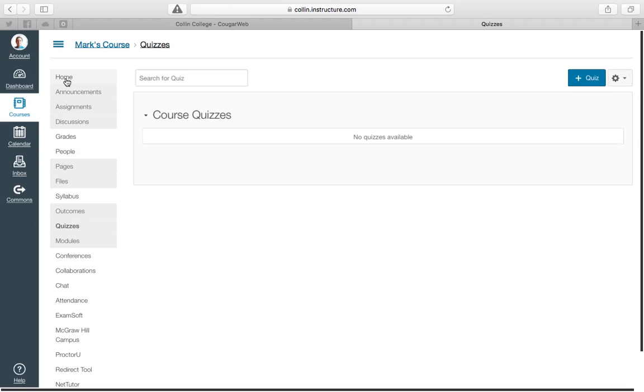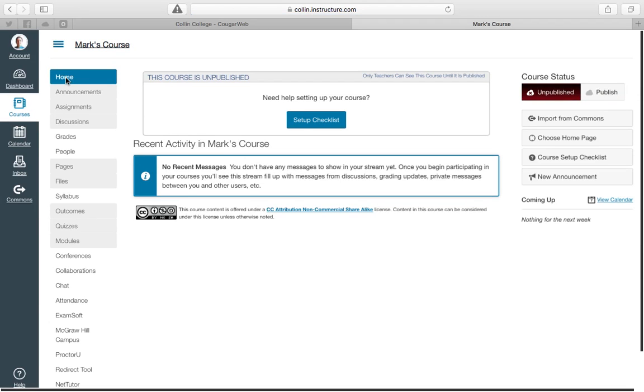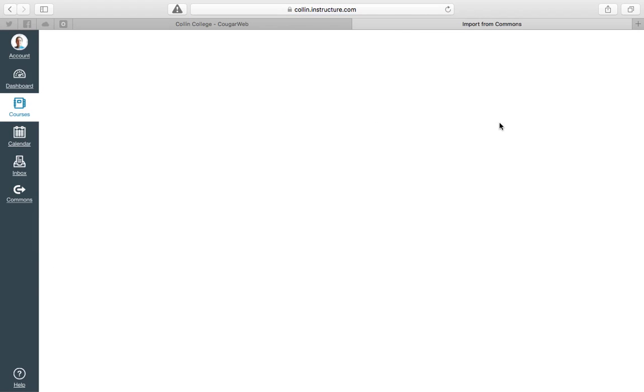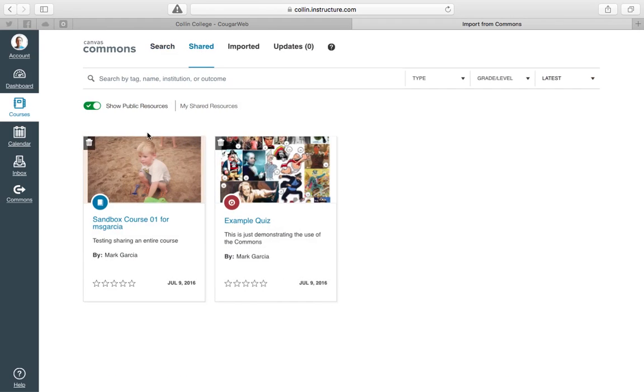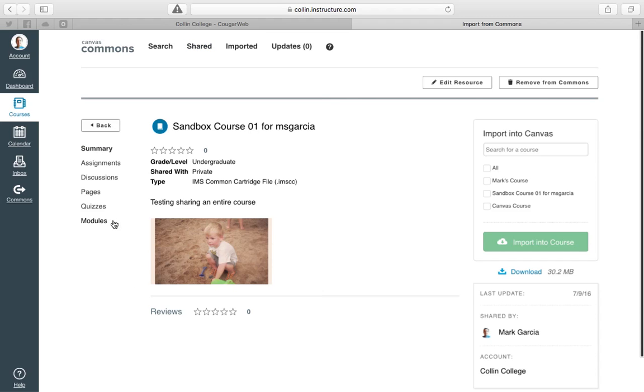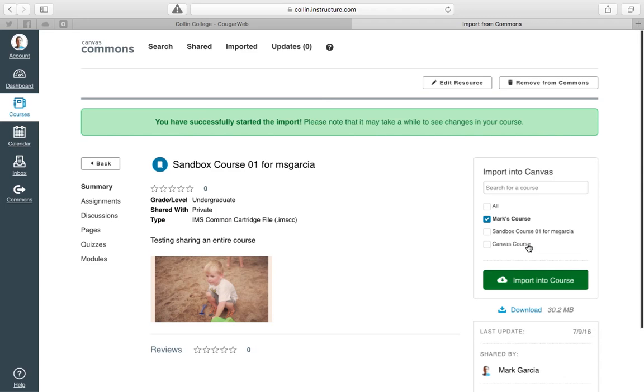So let's go to the home page, and we're going to import the entire course that I have sitting in the Commons. So I'm going to click Import from Commons. I'm going to go to Shared, and I'm going to click on the Sandbox course for me. And then I'm going to come over here and I'm going to choose Mark's course, because that's where I want to import it to. And then I'll just simply click Import. Now this is going to take a little while,